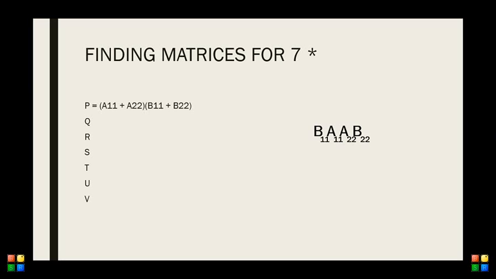So I have b11, a11, a22, b22, and I'll just place this BAAB in Q, R, S, T respectively like this. So I'll have values here b11, a11, a22, and b22 for Q, R, S, T. Now I have empty spaces. I also have to enter A and B values in Q, T and R, S respectively. So first